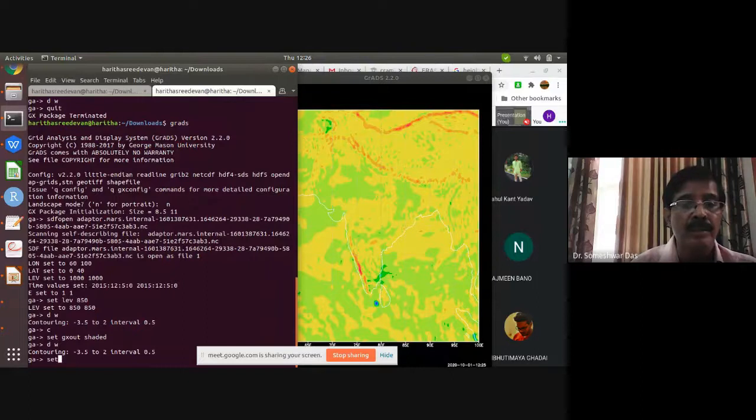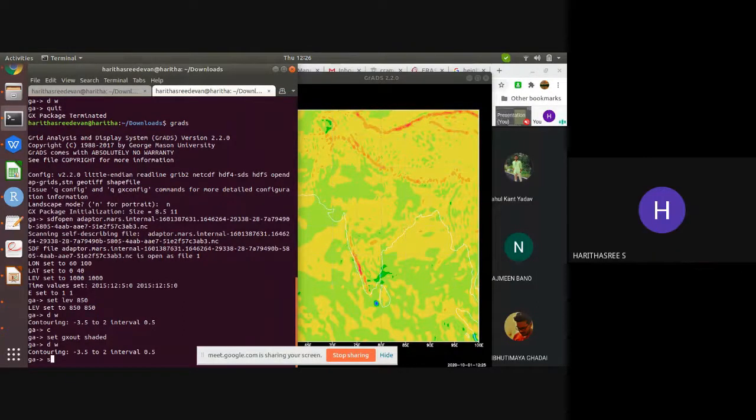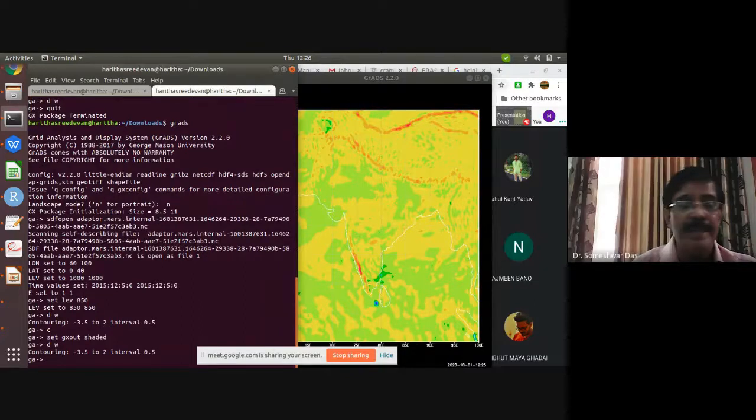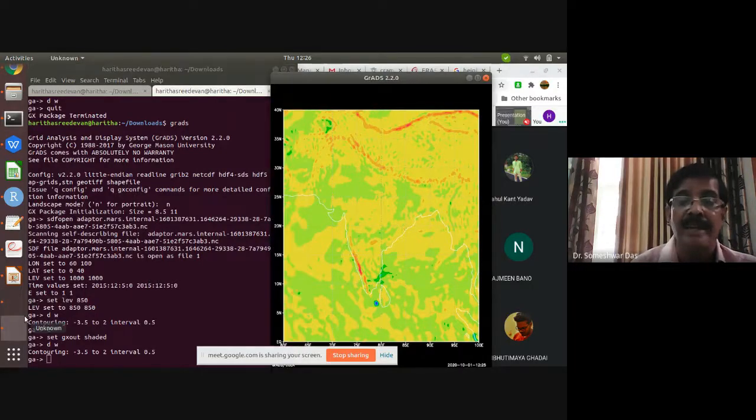Contour color, do you know how to change the contour color? I don't remember. So you have to find out how to change the contour color so that on this yellow, yellow-green background, your contour will be very prominently seen. Otherwise, your contour color is also the same as that color, so they are hardly visible contours.